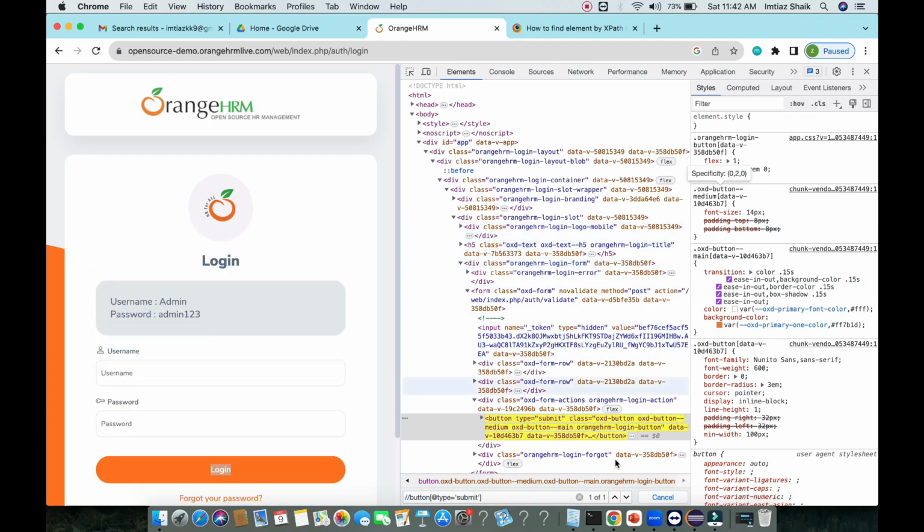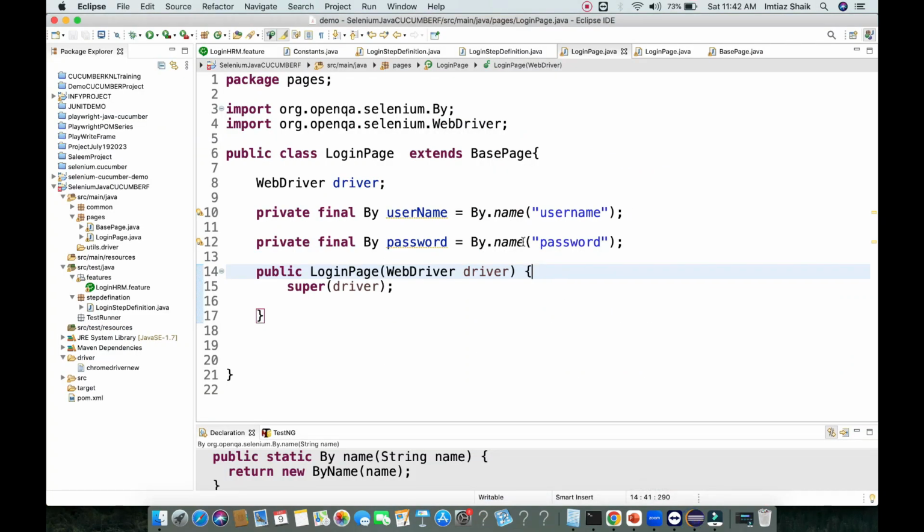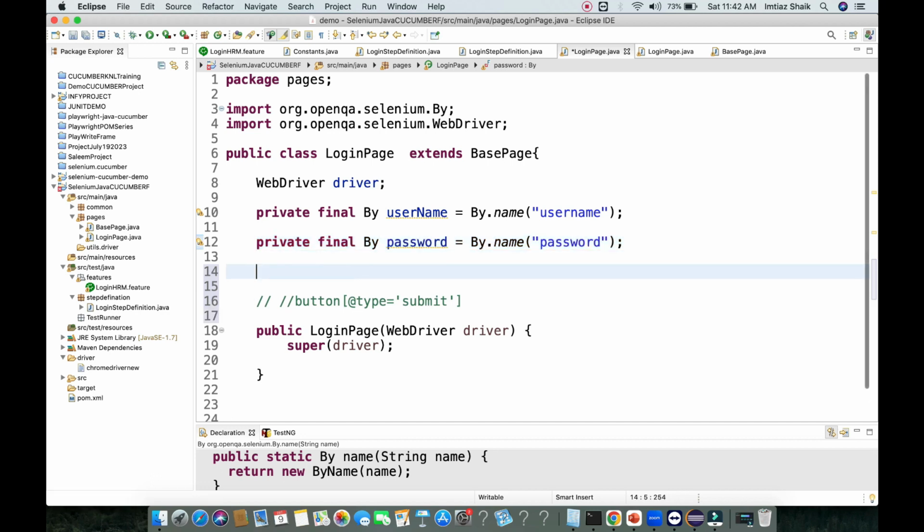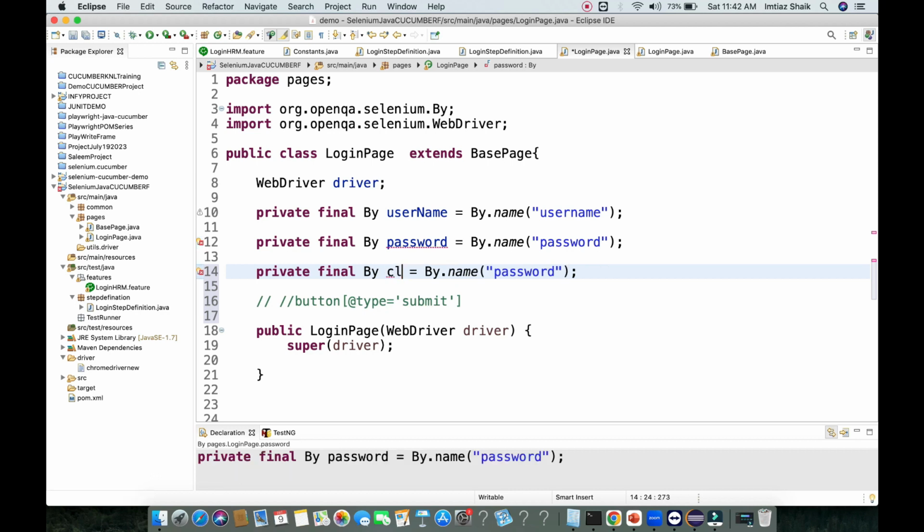So this is the XPath. So you take this XPath and go to Eclipse. Here we want one more locator, that is to click on the button. Here just click submit button. Okay, you need to put the XPath this one,